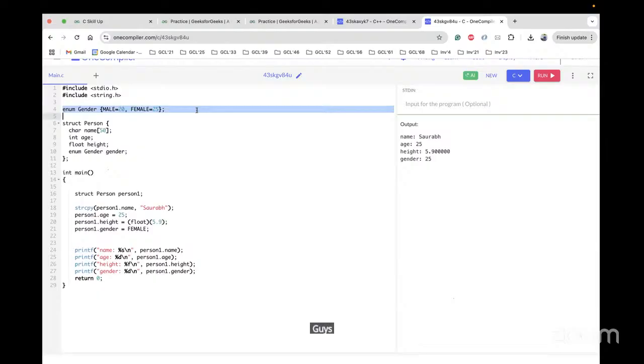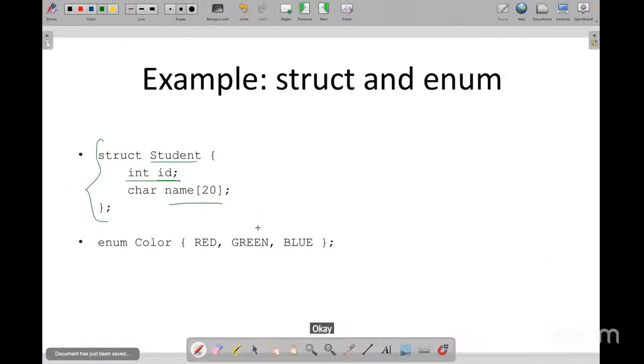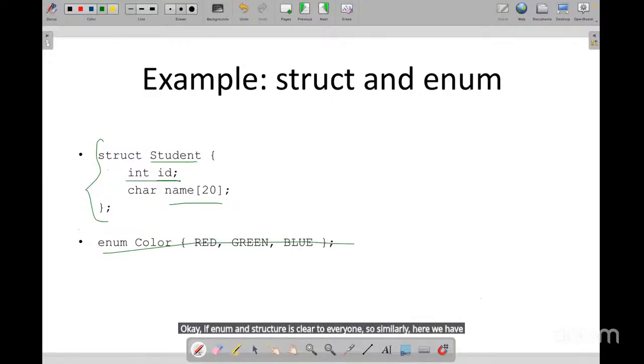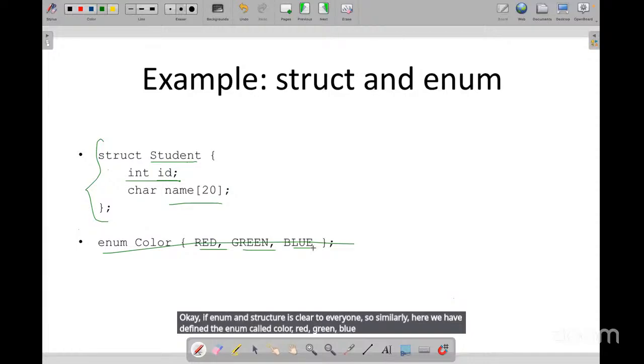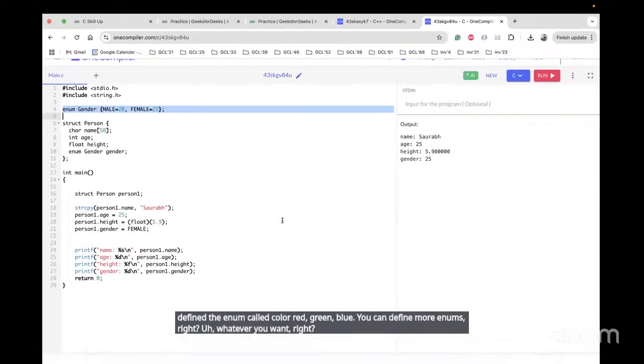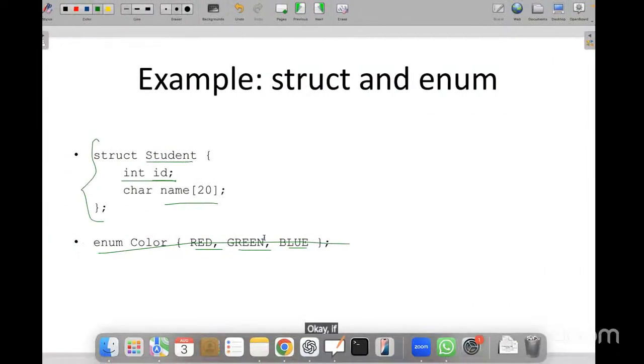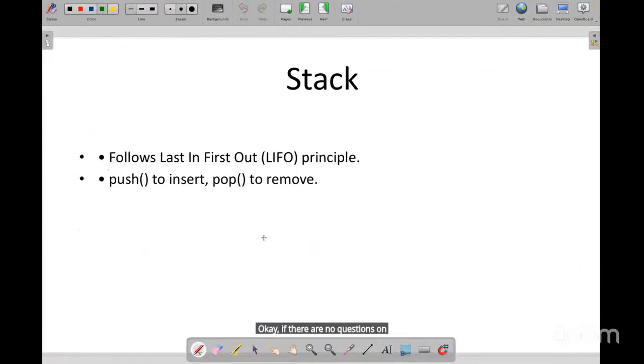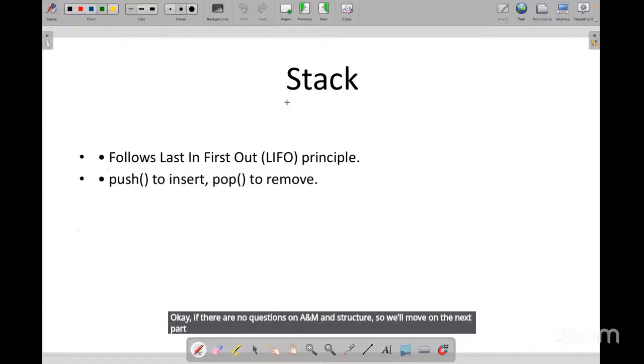Guys, any questions? So enum and structure is clear to everyone. Okay. If enum and structure is clear to everyone, so similarly here we have defined the enum called color red, green, blue. You can define more enums, right? Whatever you want, right? Okay. If there are no questions on enum and structure, so we'll move on to the next part,